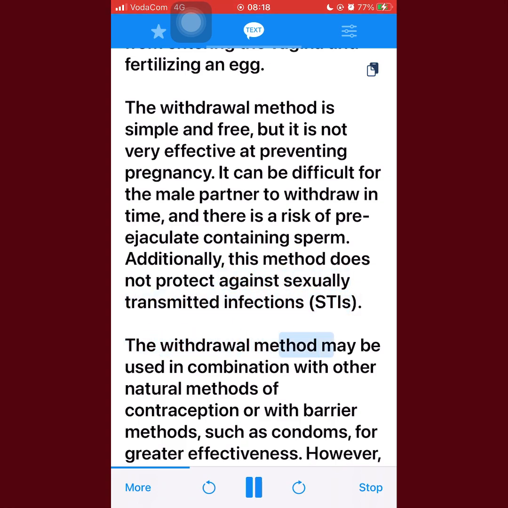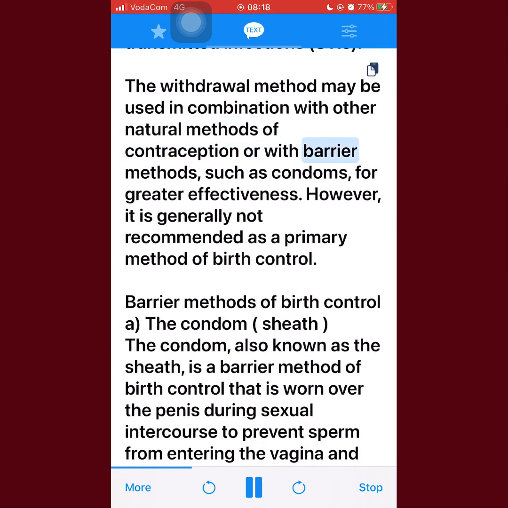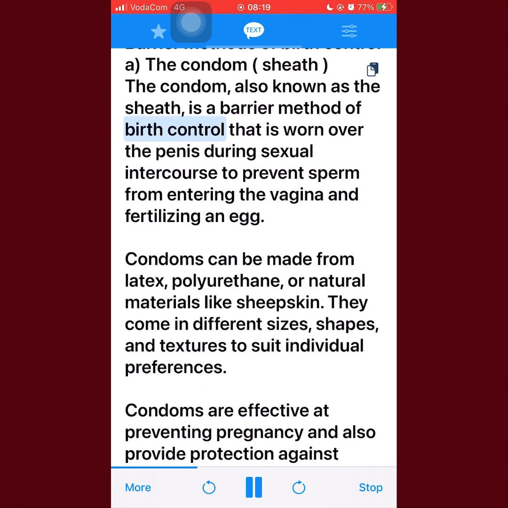The withdrawal method may be used in combination with other natural methods of contraception or with barrier methods, such as condoms, for greater effectiveness. However, it is generally not recommended as a primary method of birth control. Barrier methods of birth control. A. The condom, sheath. The condom, also known as the sheath, is a barrier method of birth control that is worn